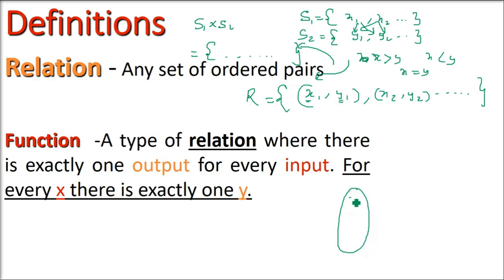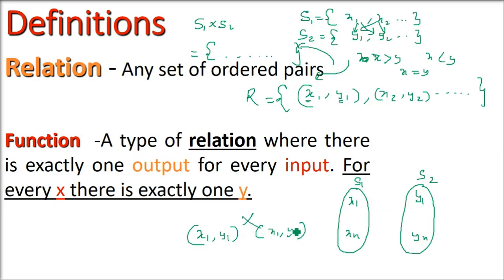Now, how will this relation become a function? For example, take the values of the first set x1 till xn, and the second set y1 till yn, and the relation is from here only. It will be a function only when we have x1 and y1 and x1 is not also mapped to y2. That is, for a single value of x, which is the domain, you don't get two different values of y. This kind of mapping, one value providing two values on the other set, should not be there.